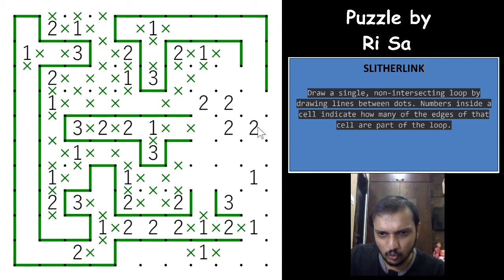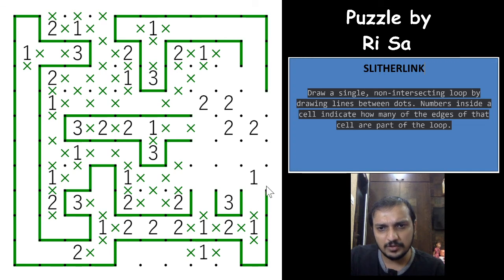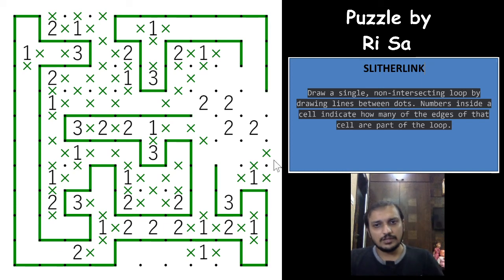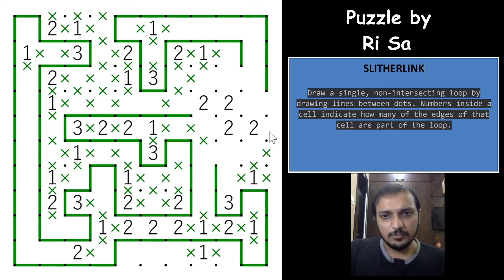This loop segment will have to go up, it has to go up only this way, so that comes this way. This loop segment will either go towards the top or towards the left, so both of these are crossed out, and this will have to go towards the right, and both of these cannot connect because you form a single closed loop again. So this will go up, this will go up, this will again go up. And now as I see, this is quite a difficult logic here. So at the end it was quite difficult to see, but this 2 acts as an edge now, right?